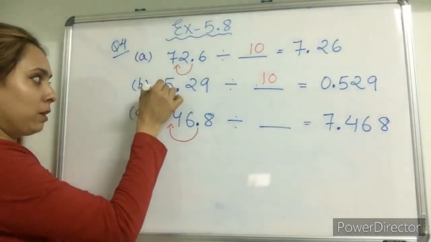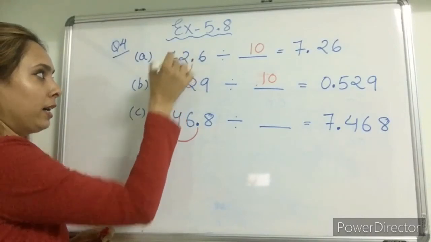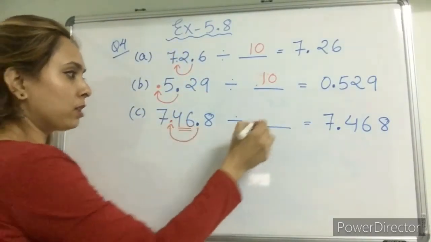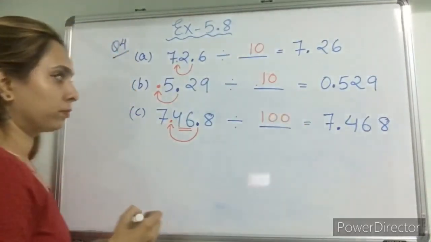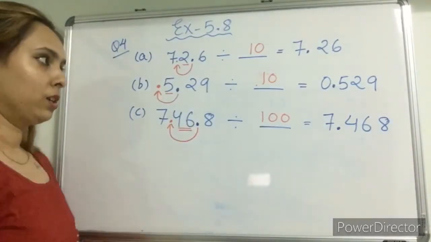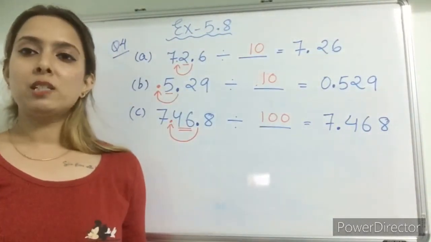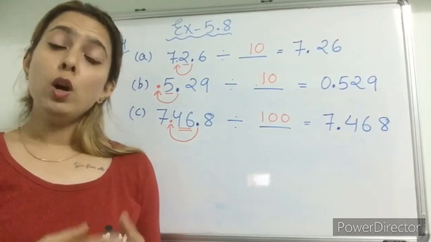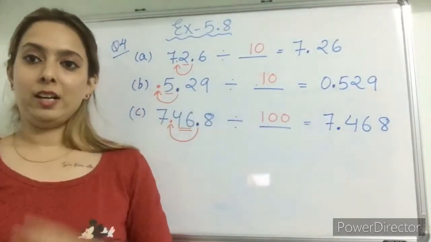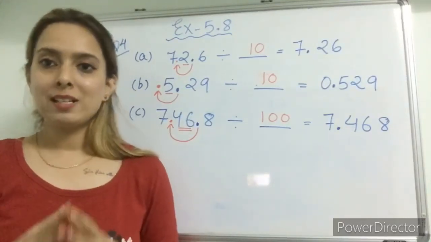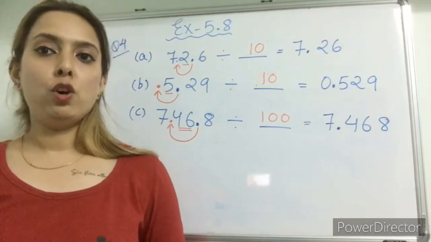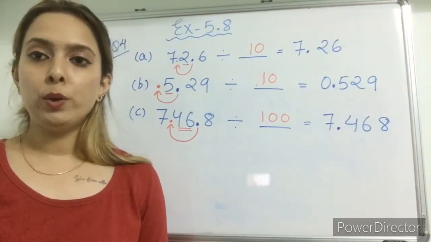Yes, the decimal has come here, and here the decimal is here, so it has shifted 2 numbers, so 100. It has shifted one number, 10. It has shifted one number, 10. So it's very simple. Shifting of decimal plays an important role. You should know where the decimal has shifted, towards the right side or towards the left side. Please do the examples of these questions and the questions which I am going to give you for the work which you have to do in your notebook.